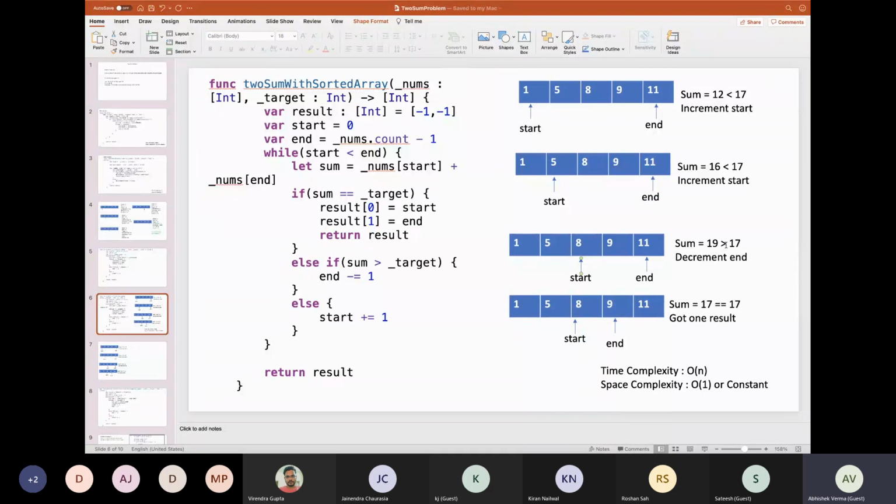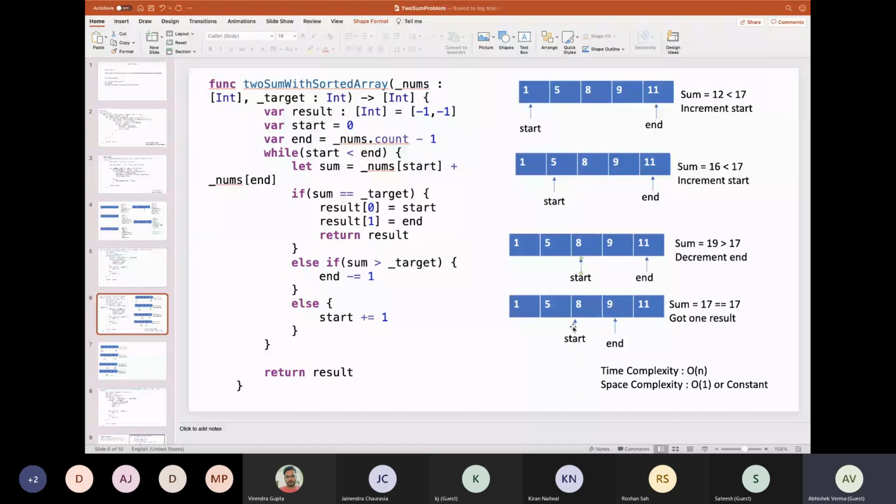In this case, we decrement the end. End has reached 9, and here we again compute, and the sum of 8 and 9 is 17. We got one solution. We can append this to our result array.